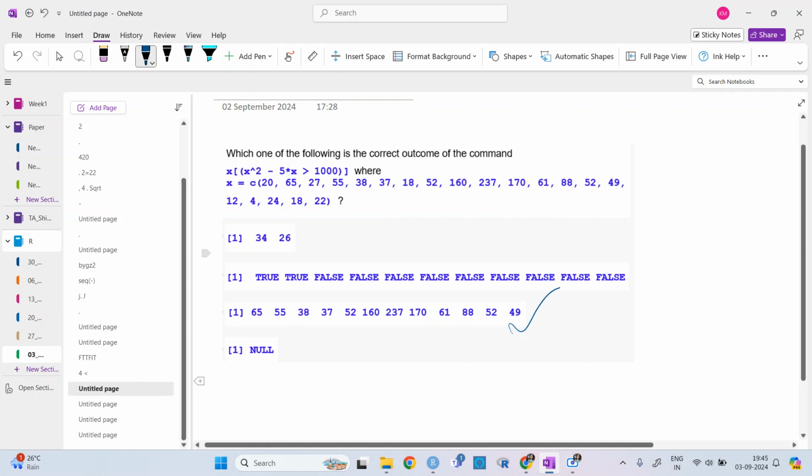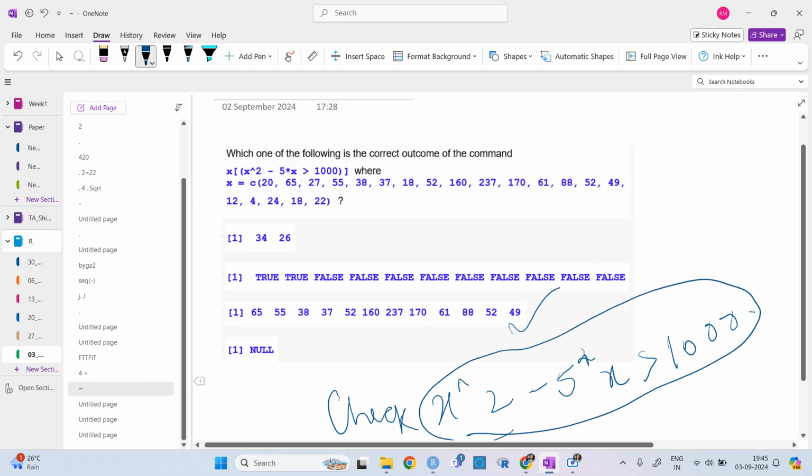So all you need to do is check for what x equal to value 37. Then all values are greater than 37. Okay. So you need to check whether this is true.